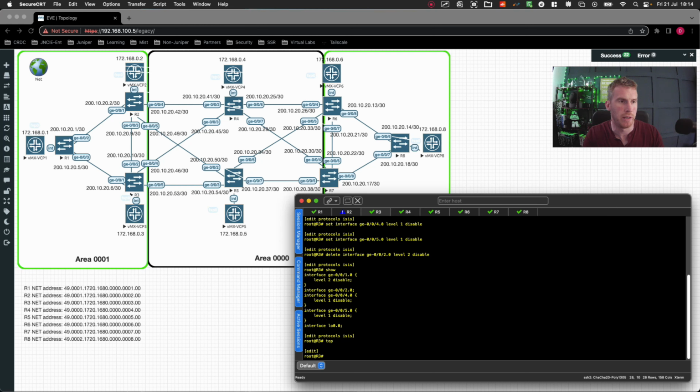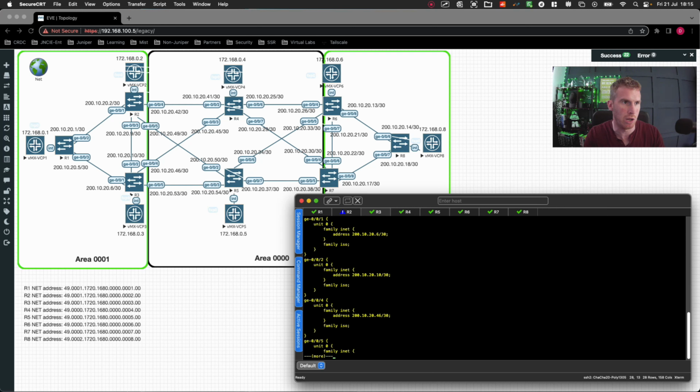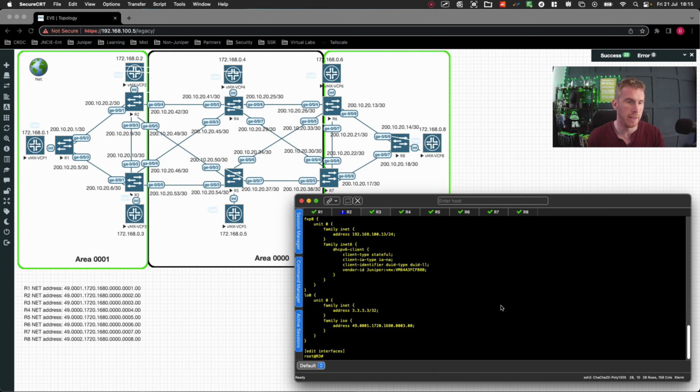And let's go top, edit, interfaces, let's do set Gigi 004.0 family INET address 200.10.20.46/30, and let's do the same for Gigi 005 family INET address 200.10.20.53/30, and let's just do a quick show, make sure the interfaces are configured correctly, and they absolutely are, so we can see the interfaces here. And let's now run this configuration, but before I do so,